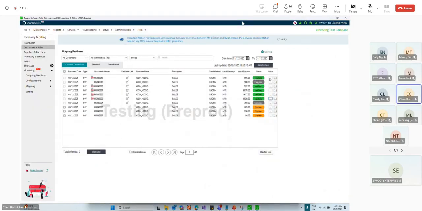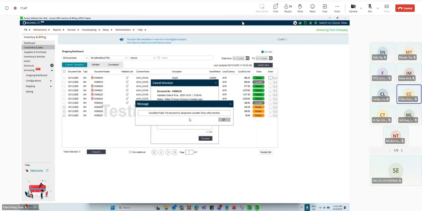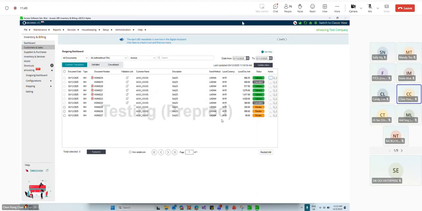So how? Let's go to the cancel action again and try to cancel from our system. Now the system actually sends a request to cancel again. But LHDN detected this document has already been canceled, so it will just tell you that cancellation is not required because you already canceled. The system will now refresh the status to canceled, and you can do the resubmission again if you want. All right. So that's it for the cancel API. And now we show